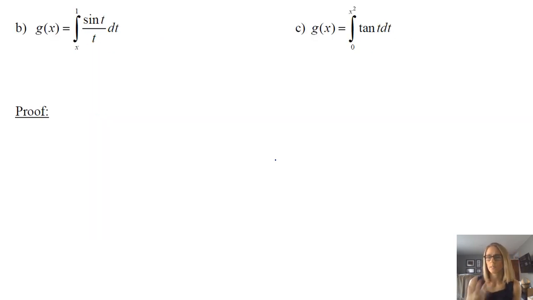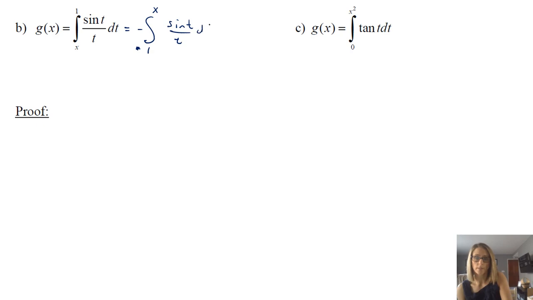Okay, so let's just take a look at some more examples of this. So if you want, you can pause and see if you can get the answers, or you can just watch it, whatever you want to do. But here, I want you to notice it's just a little bit different because the x is in the denominator, so we're just going to use the things that we've learned from previous section 4.2, I believe, where we are just switching our signs. So instead of going from x to 1, we go from 1 to x, and that makes us have a negative. So that's all that that is.